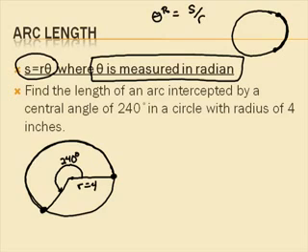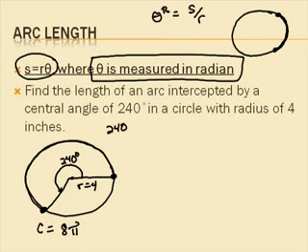So we're looking for arc length. Well, arc length is a fraction of the circumference. So can you tell me what the circumference of the circle is? Circumference is 2 pi r. My radius is 4. So 2 times pi times 4 is 8 pi. So all the way around the outside of that circle is 2 pi radians. Well, I don't want that far, do I? I only want